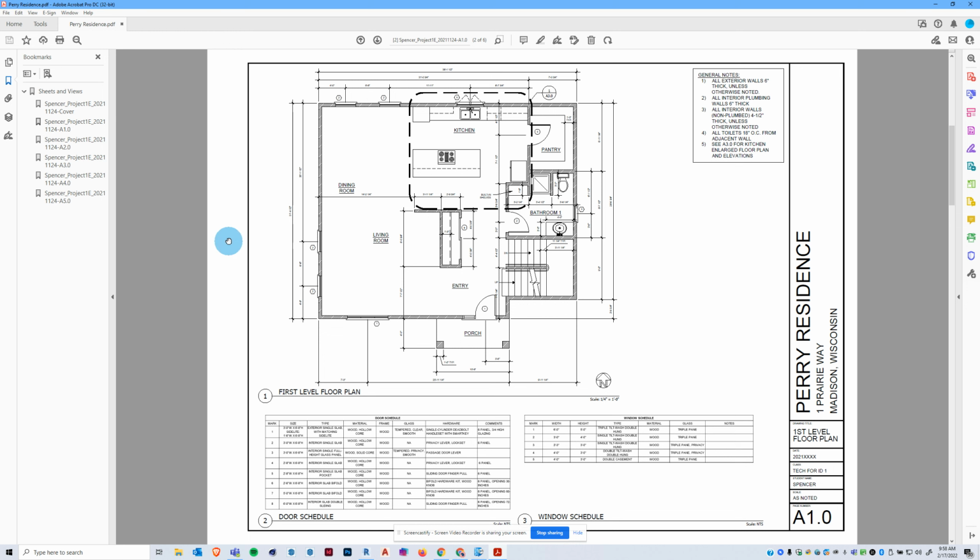I'd like to also put in some windows and then create something just like this window schedule. Now, we're not going to create the exact windows that are in this project for this demonstration, but you'll have to do that for your file. I'm just going to show you how to sort of put windows in, make different sizes, and then start a window schedule. And make a window schedule say exactly what you want it to say. Okay, so first thing I'm going to do just to set up,